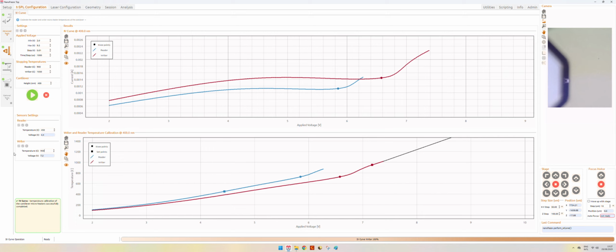We can see, for example, we want to know the voltage that we need to apply to achieve 1200 Celsius. In the writer channel, we write down 1200, we press enter, and we see it's 7.9.